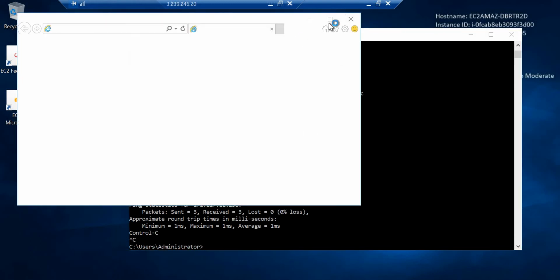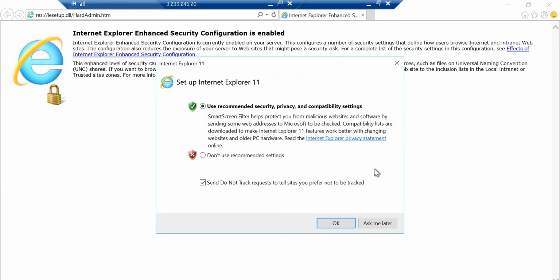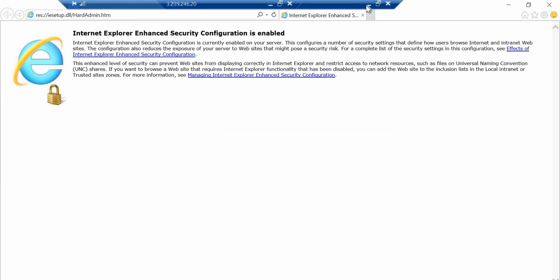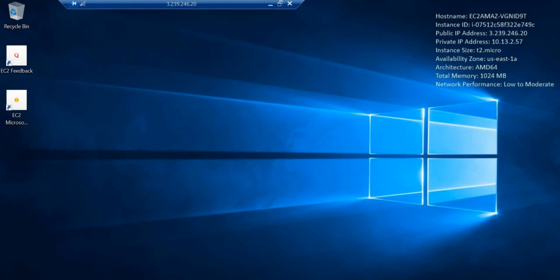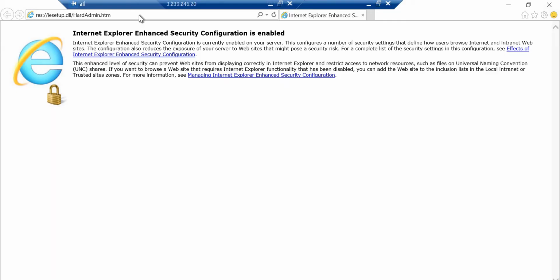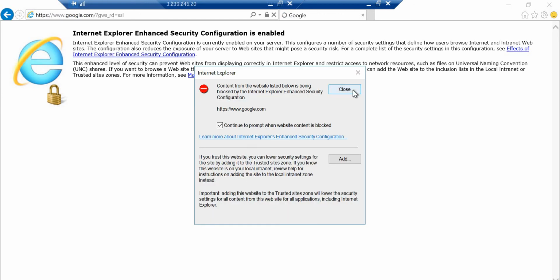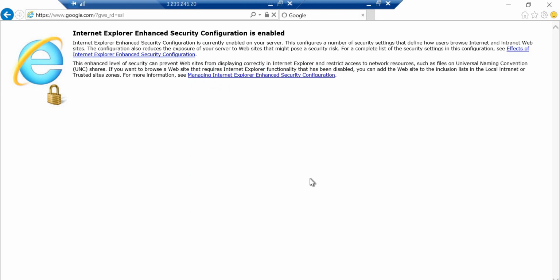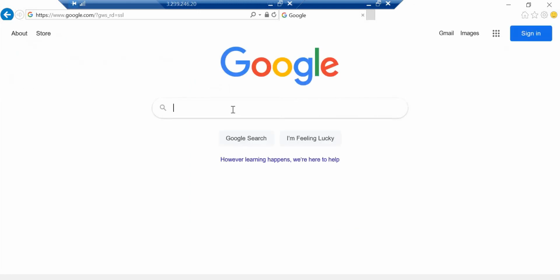Let's see what IP address I am getting. Let's go to google.com. What is my IP?